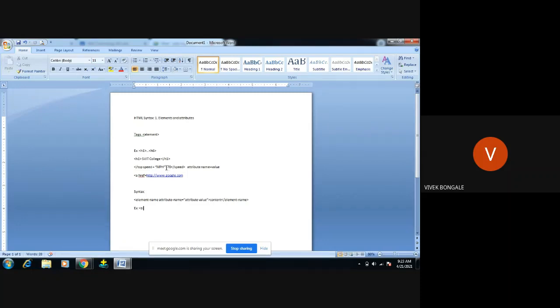Then the attribute name. I'll give it as href, that is hypertext reference, equals, and I want to link to another page. For linking, we have to use a URL.